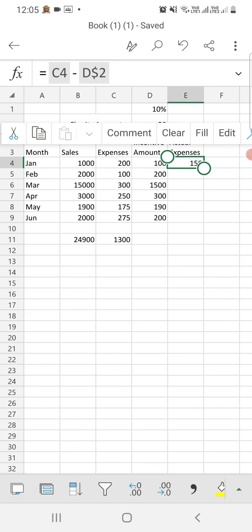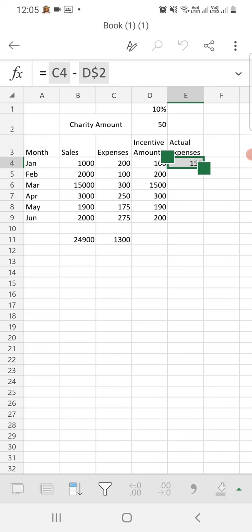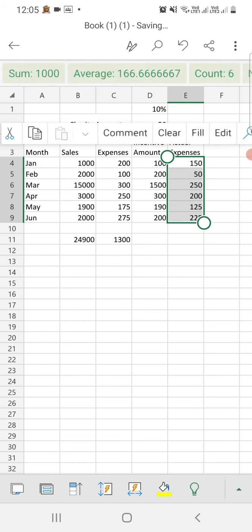So just choose the fill option. You will get the mouse pointer to drag the cell. Dragging the mouse pointer to the rest of the cells, you will get all the data. So I am just dragging from E4 to E9.